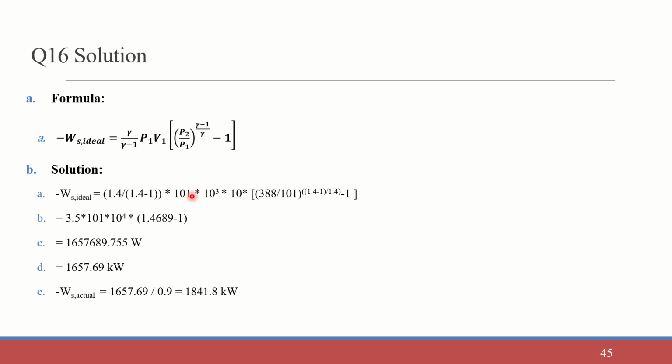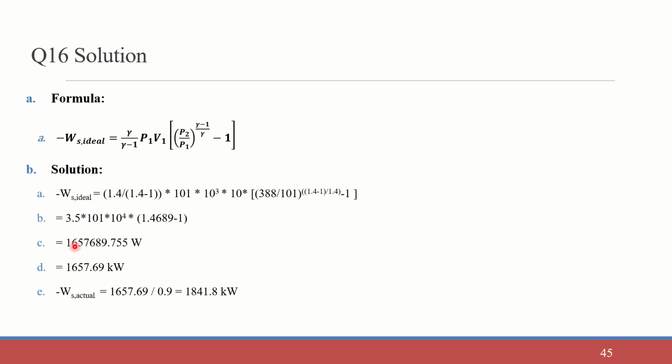P1 we know is 101 kilopascal, so 101 into 10 power 3 into V1, which is 10 meter cube per second, into P2 which is 388 kilopascal divided by 101 kilopascal to the power of (1.4 minus 1) divided by 1.4, minus 1. So we are getting it as 3.5 into 101 into 10 power 4 into this whole term, 1.4689 minus 1. So we are getting the value as